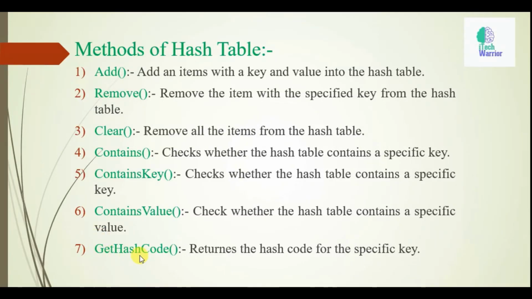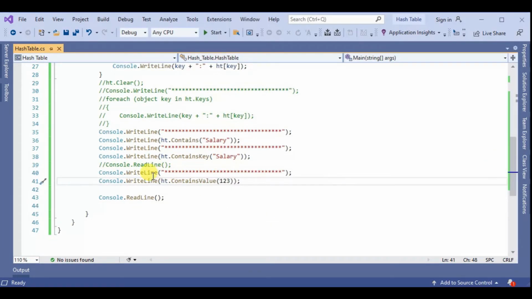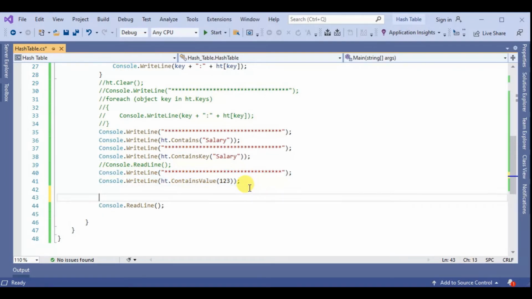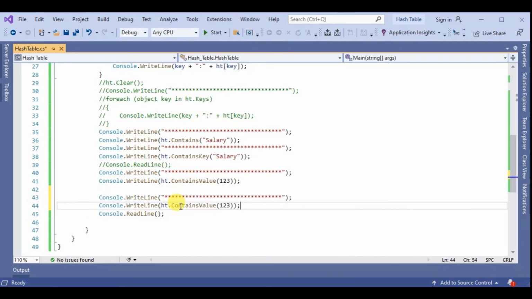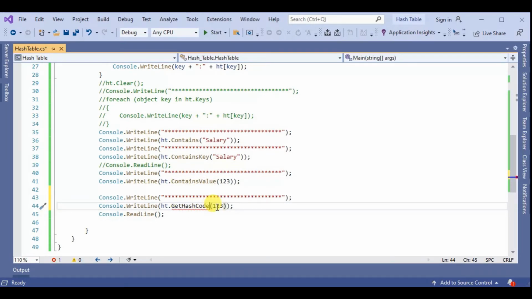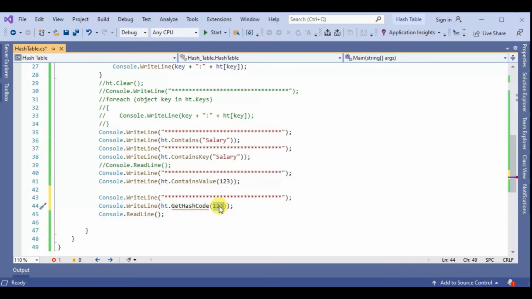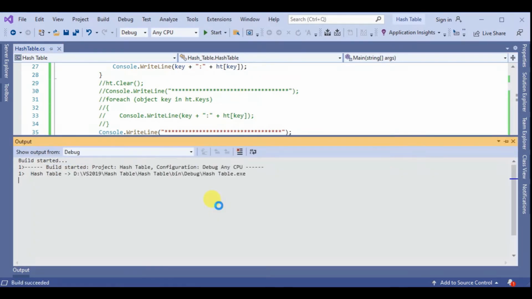The next method is get hash code. Copy, paste. Here get hash code. Save and F5.